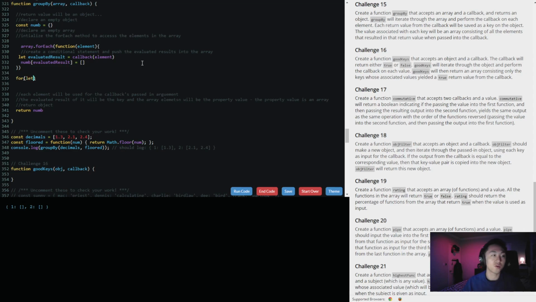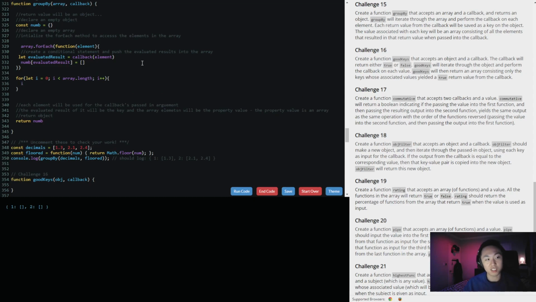So like for let i equal 0, i is less than array dot length, and it'll increment by 1. So we can say if array i and callback array i equal to